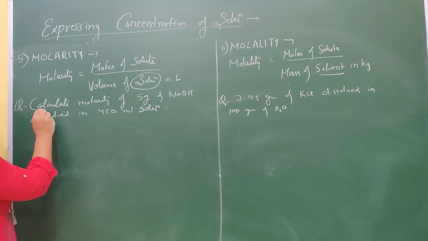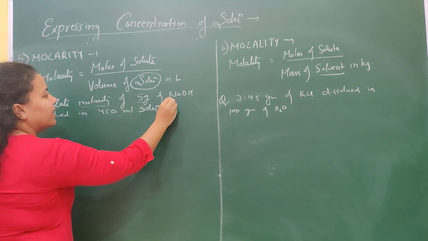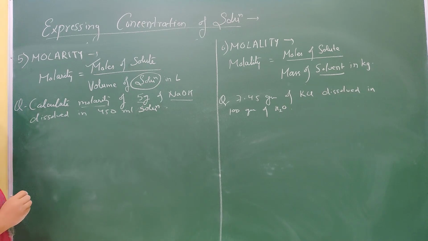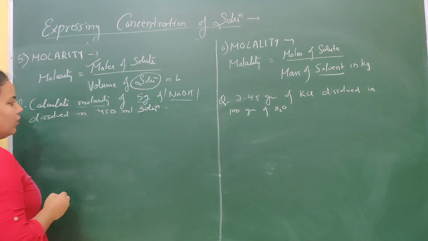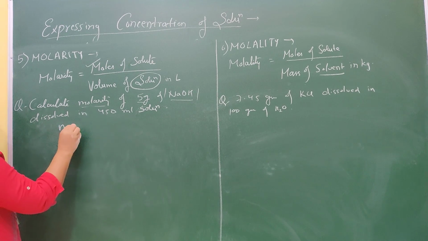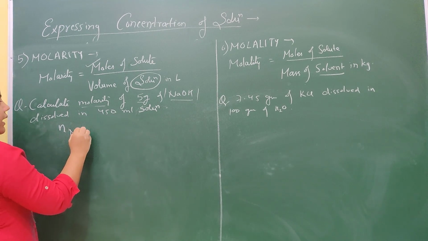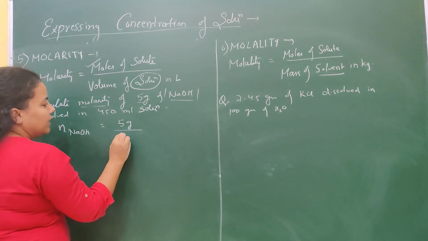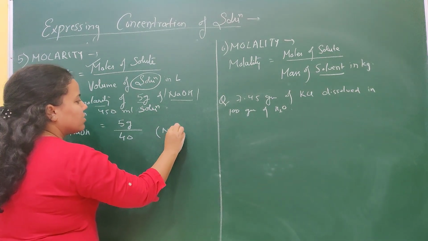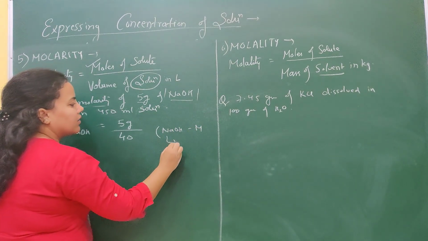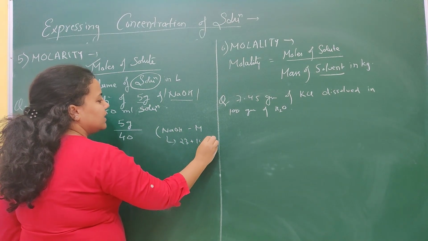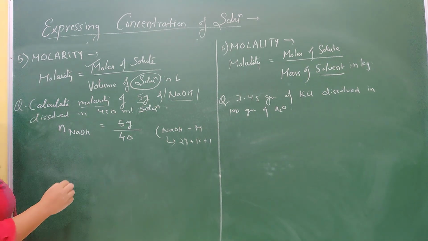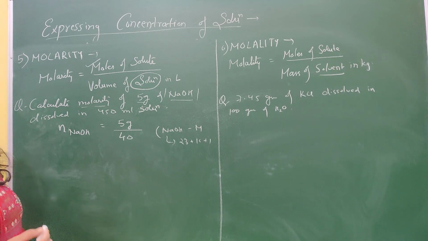So here I have given you a question, calculate molarity of 5 grams of NaOH. So first thing we need to see or calculate is moles of solute. So solute over here is NaOH. So I'll calculate moles of NaOH, which will come as 5 grams, that is 5 upon, it will be 40, right? For NaOH, how will we calculate capital M? 23 plus 16 plus 1, right? Now here we need not solve it. If you solve it, you will get more confused.